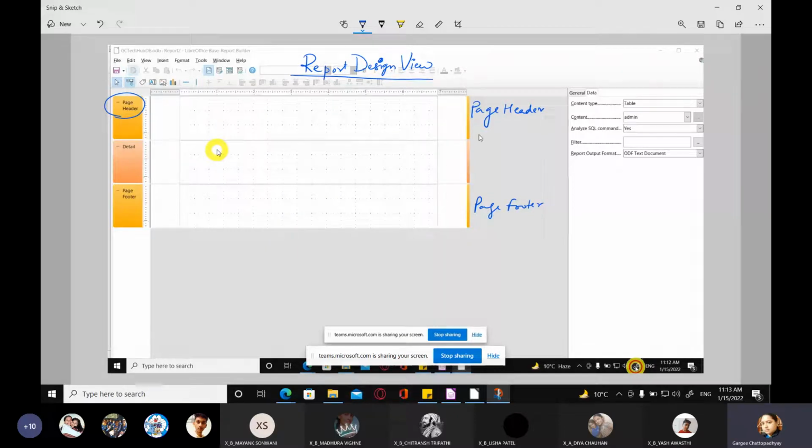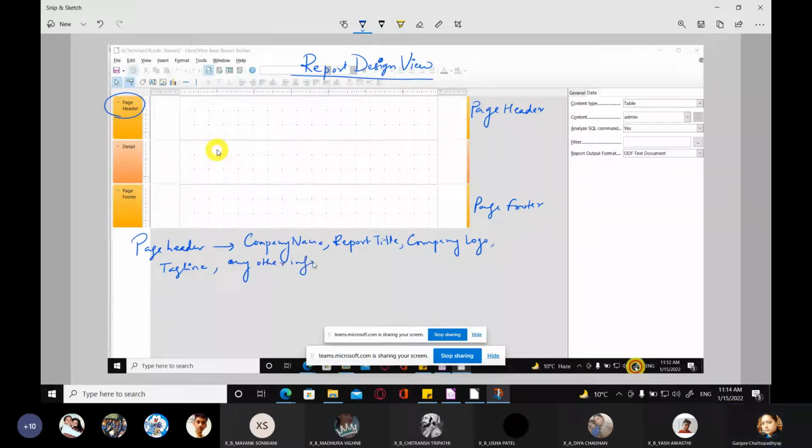Normally we display these things: the company name, report title, the company logo, and any tagline if you want to type over here, like building 25 years of trust or something like this, or any other information which has to be displayed only once. Any other information in the page header, right?